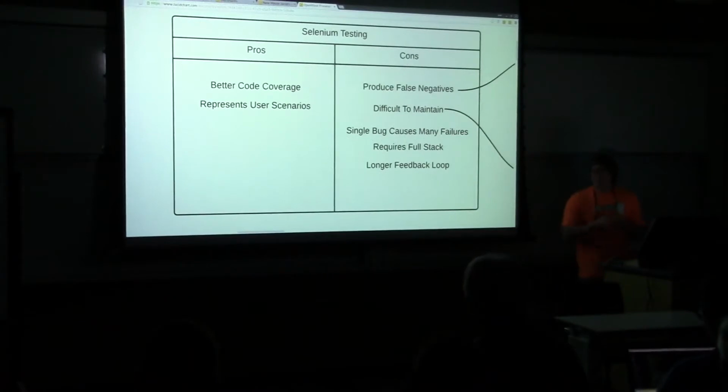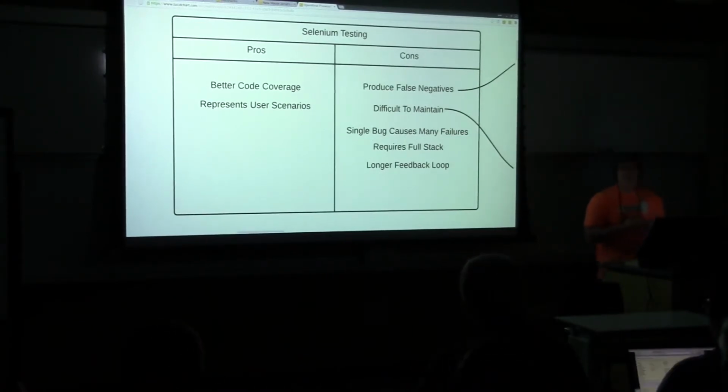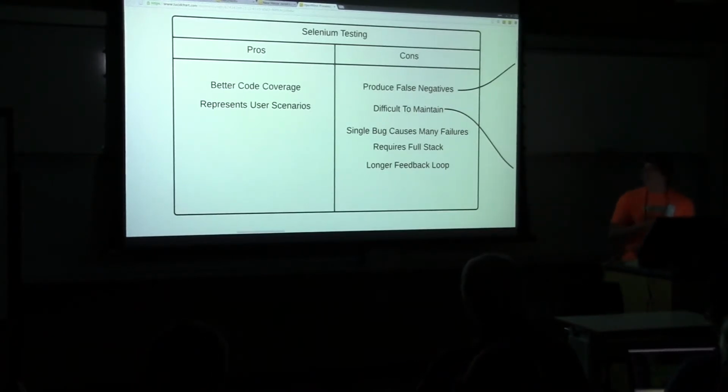And there's a longer feedback loop because of that. Ours at our company is typically about a day. If you push code on Monday morning and it breaks a Selenium test, you'll find out Tuesday morning, which is a lot better than finding out 2 months down the road when it's in production. So